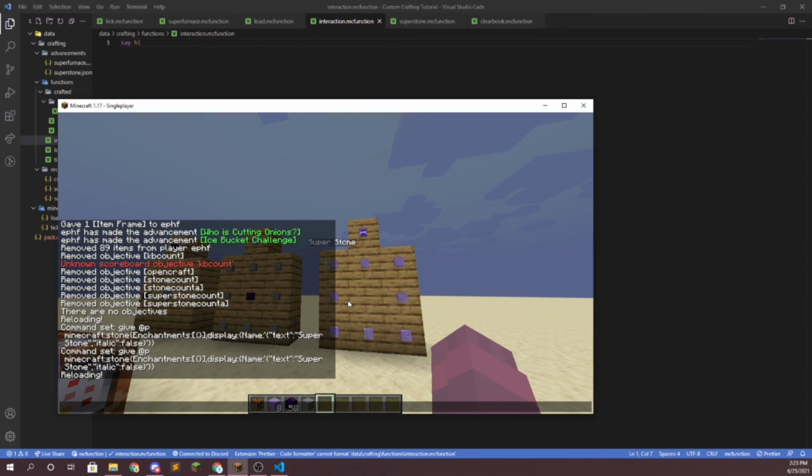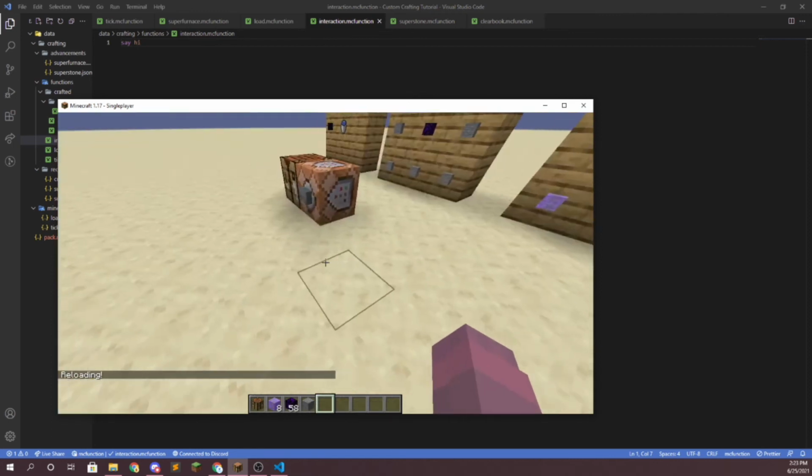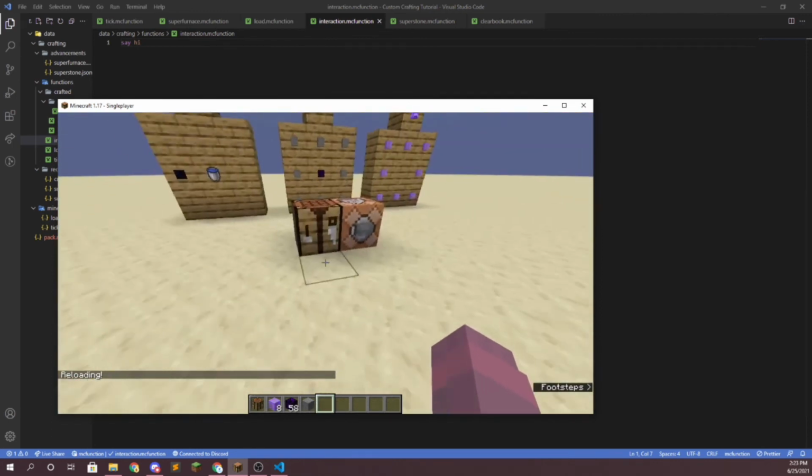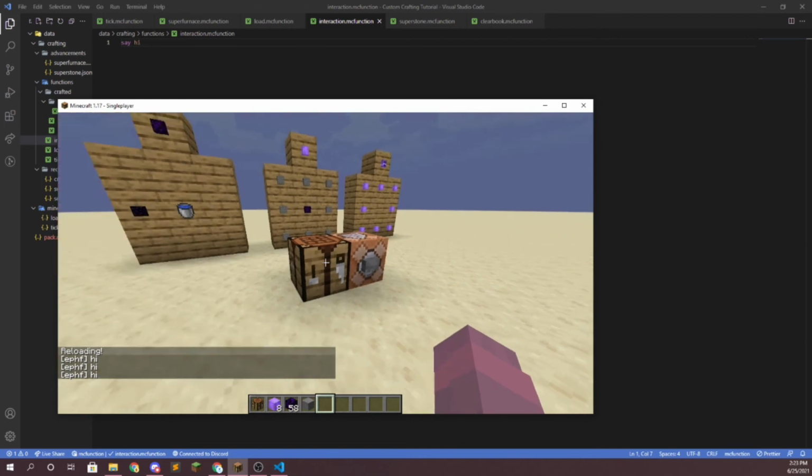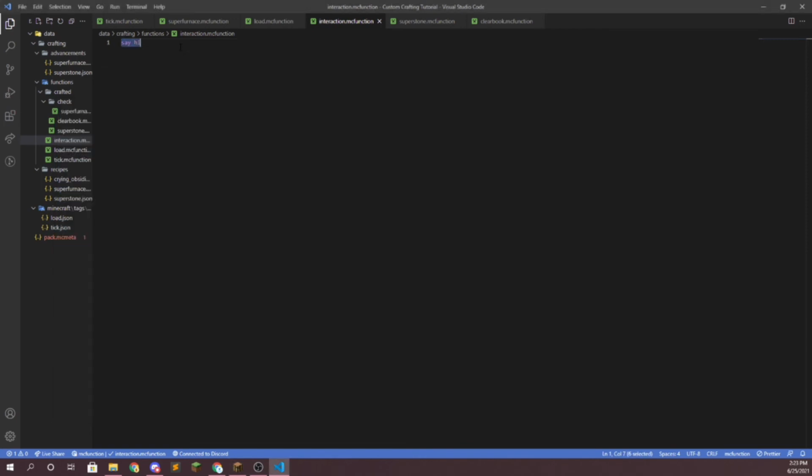So I'm going to go back into Minecraft and /reload. And whenever we click on this crafting table, you can see it says hi, and hi. So yeah, let's then go back into here, and what we want to do is actually count these